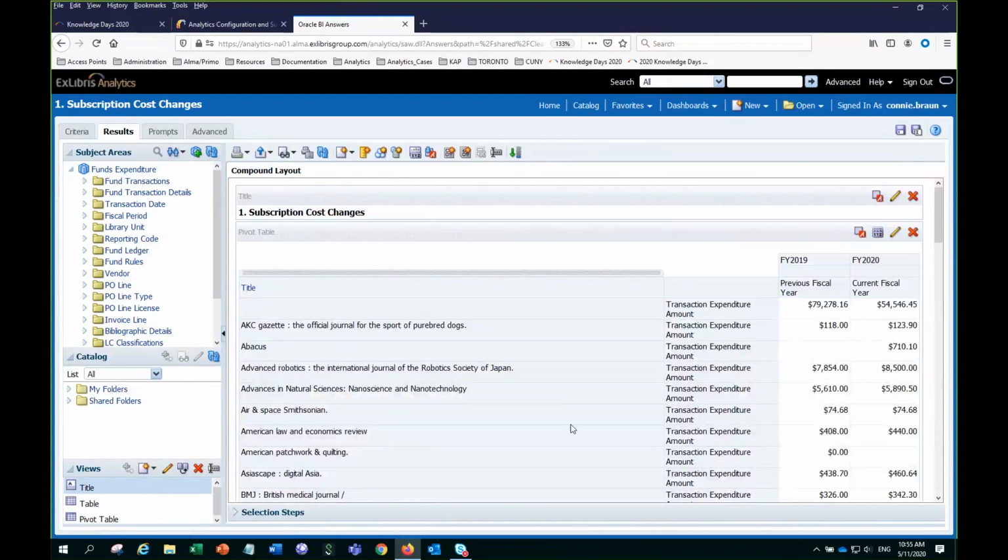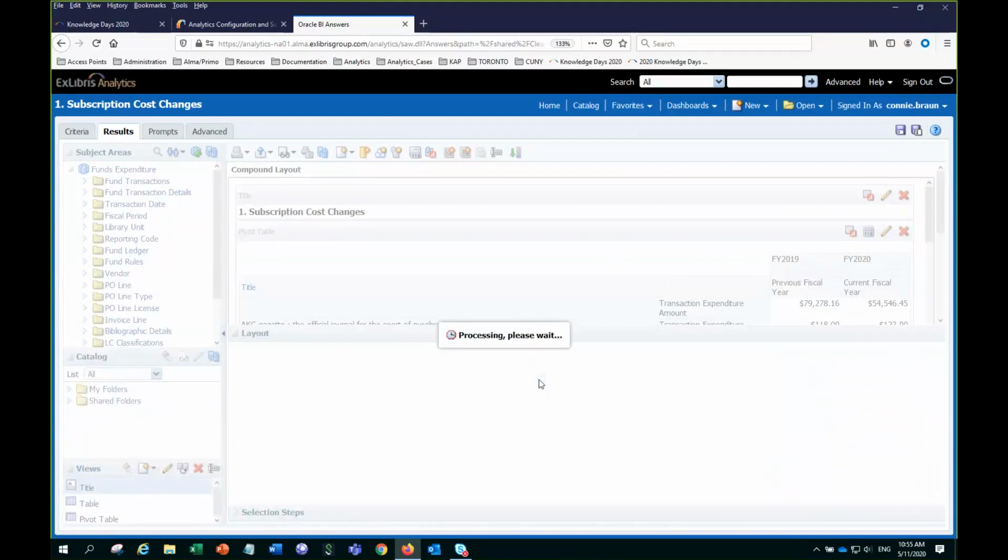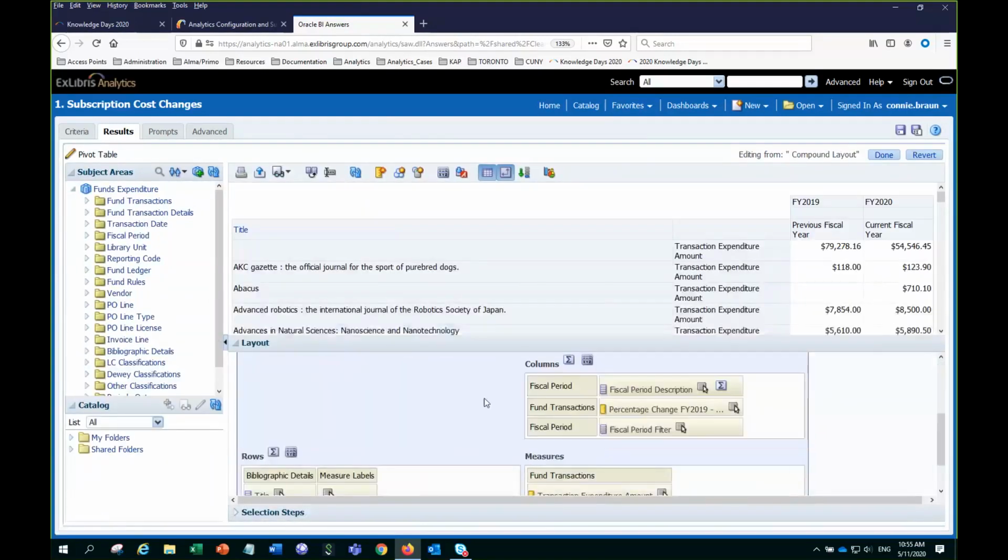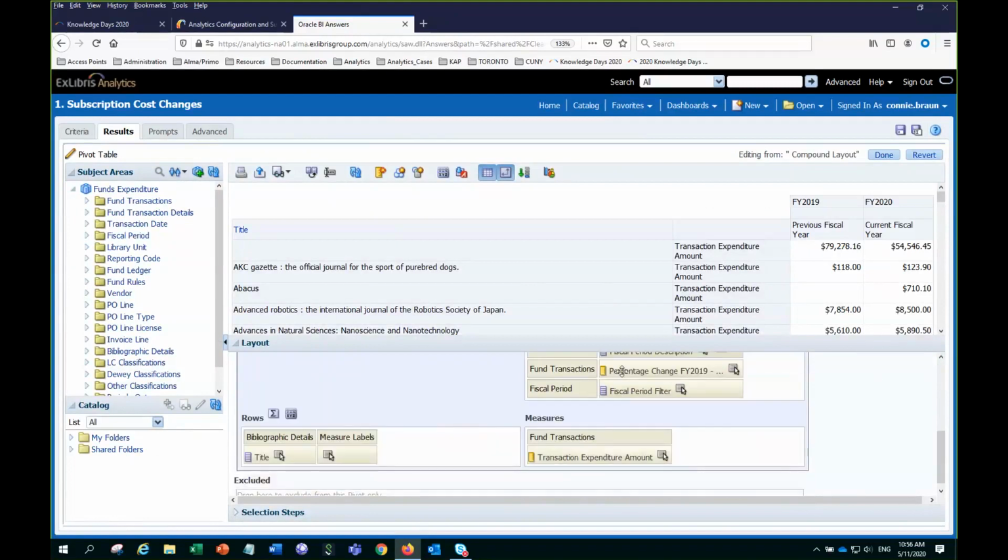Oh, and it looks like I've messed up things here thoroughly. Let me just go back to the layout view. And so here I'm editing the view. And originally when we were seeing this information, and here I'm going to go ahead and just take this. Yeah, the percentage change suddenly has landed up over here. Originally when I arrived here,